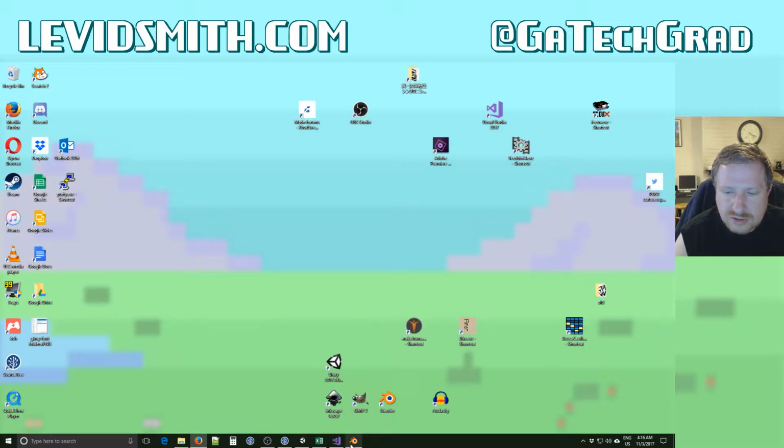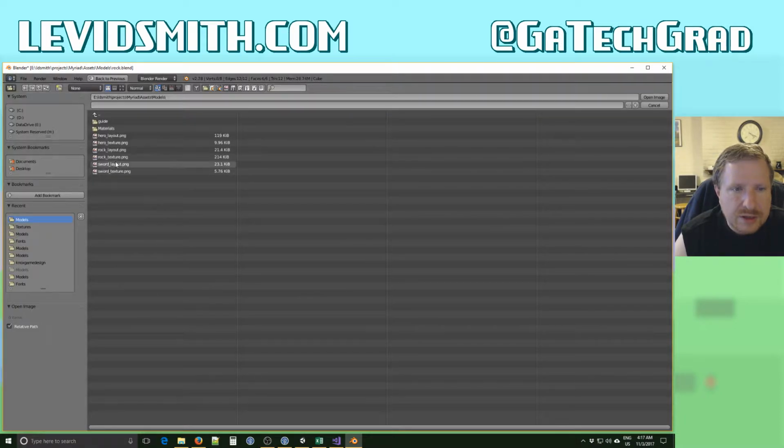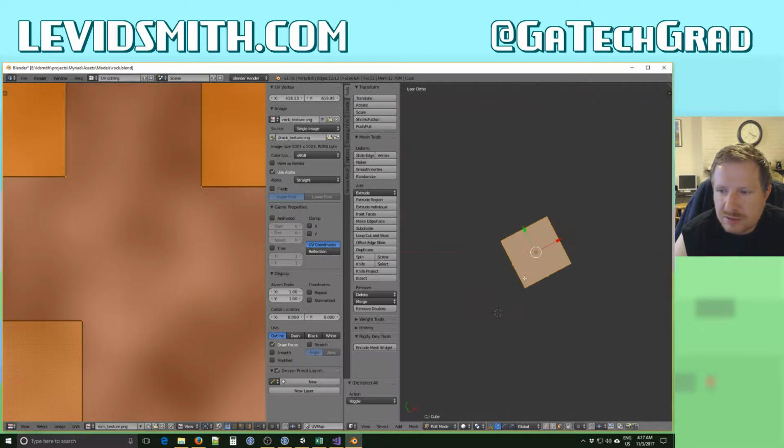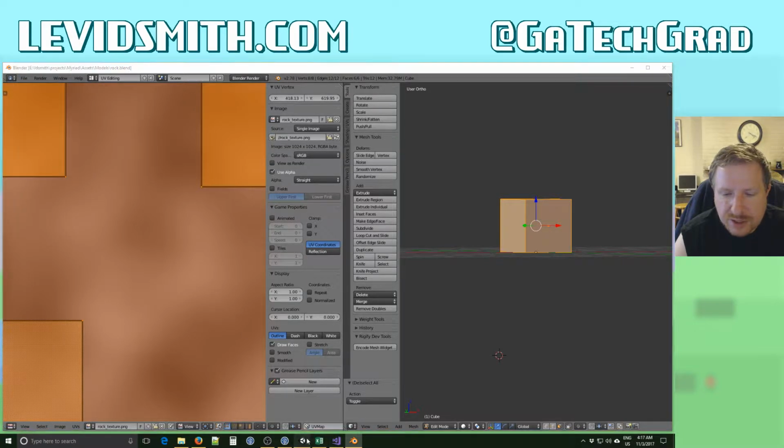Close this, go back in Blender. It's like a 3-step process. You can go from Unity to Blender to GIMP. Then you get out of GIMP, get out of Blender, go back to Unity. So open rock texture. Right now it doesn't have the texture on it. I think if I do a file save right now and go back to Unity, it won't have